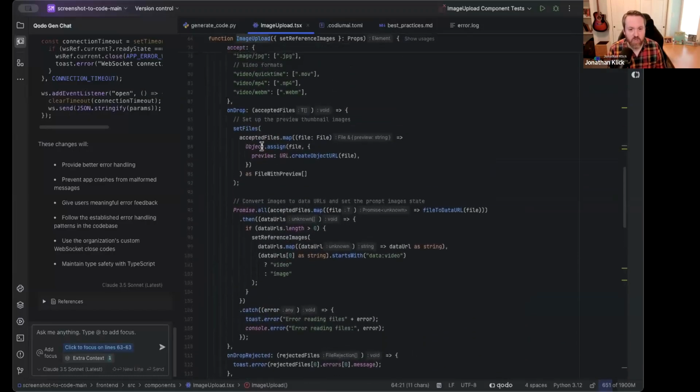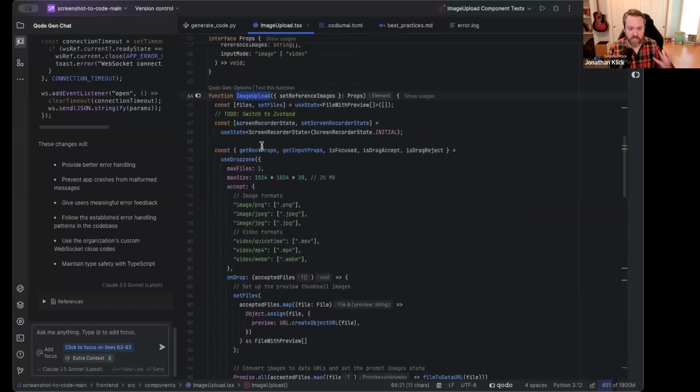One of the next things I'm trying to do, to drill in a little bit deeper, is understand what this function is doing. So I'm going to click on, you'll notice there are some header options here for Qodo Gen, as well as test this function. We'll be doing test this function in a moment. I'm actually going to go into the options here and select explain. You'll notice there are some other things in here. There's quick test, there's enhance, there's generating a docstring, which, by the way, there's not really a docstring for this, so maybe this would be a good opportunity to generate one, and improve, which we'll talk about in a little bit. But right now, I'm going to click on explain.